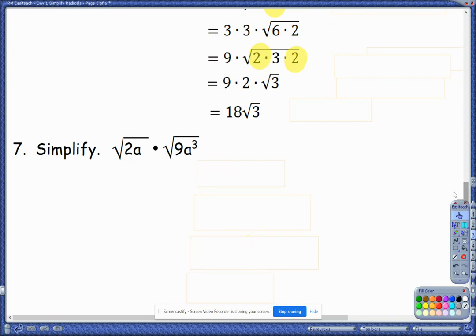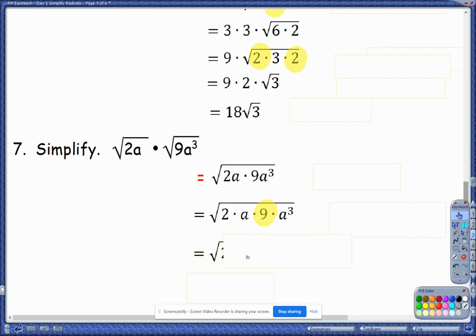Here's another one. And this time we're just going to put everything inside one radical and then look at it carefully. 9 times 2 is 18, right? But 9 is a perfect square. So we're going to keep the 9, and then a times a to the third is a to the fourth. So I'm going to break it up into two squares, which gives me 3a squared